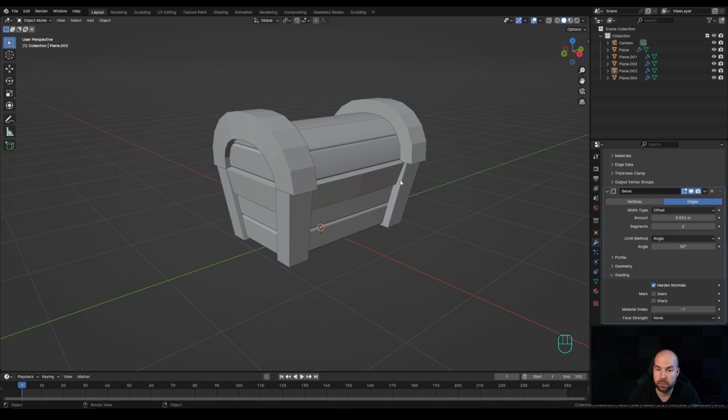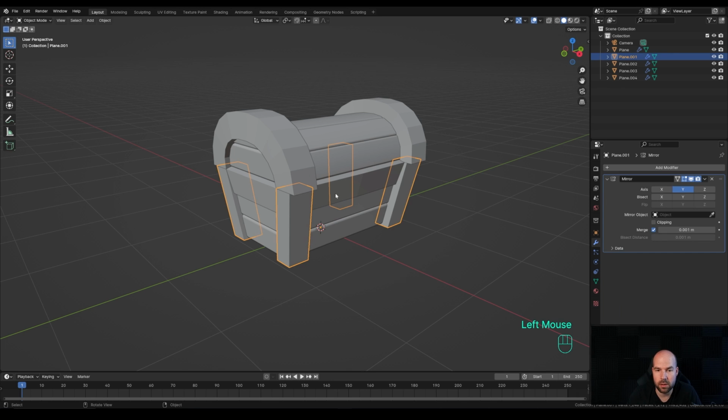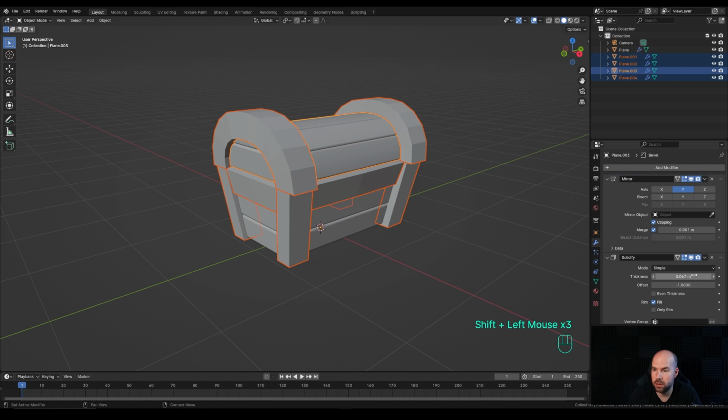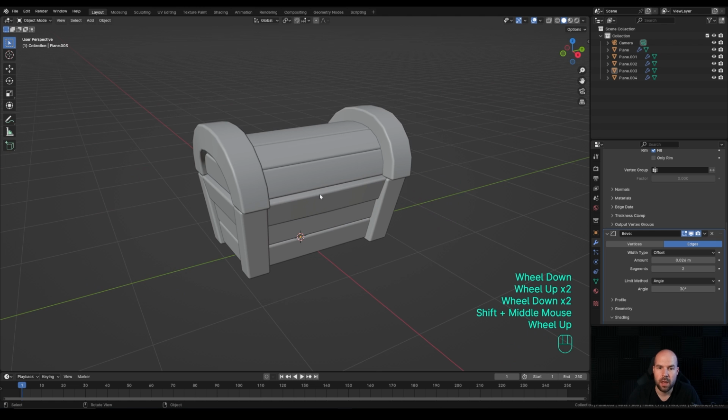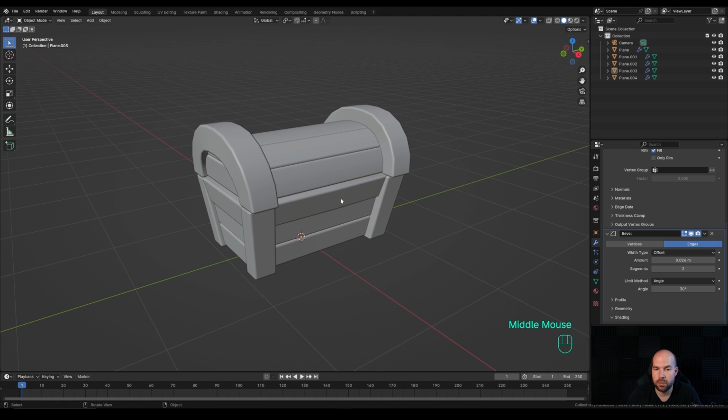And now we'll just add the bevel modifier to the metal parts. So let's select those, hold shift and select the top part last, and just scroll down, click here, copy to selected. It'll transfer the modifier to all of the other objects, right click and shade smooth. So this is our basic stylized chest, but to make it look a little bit better, let's create something like